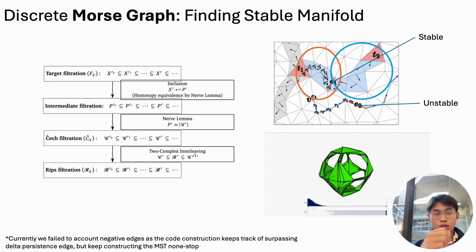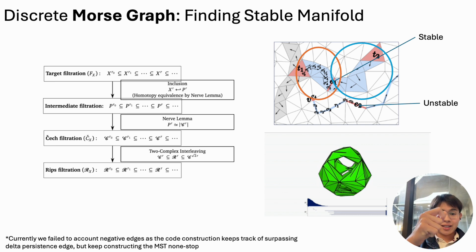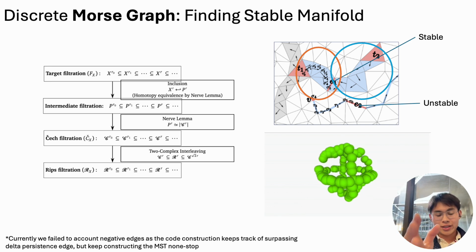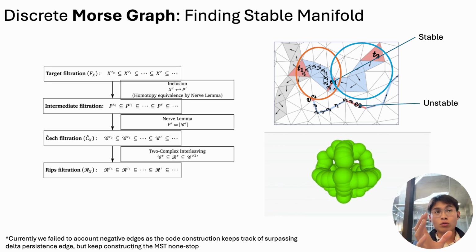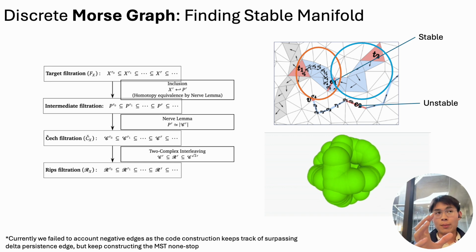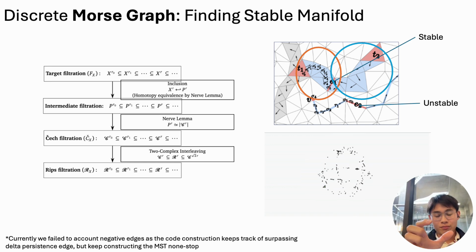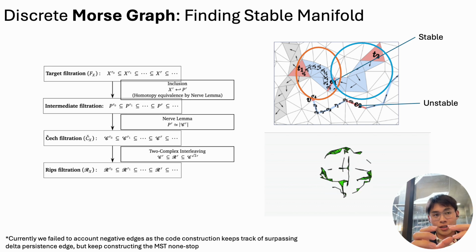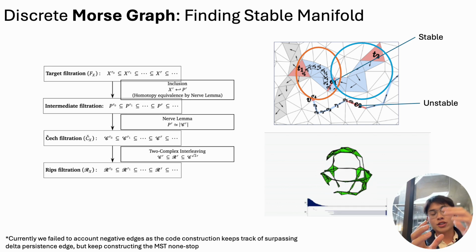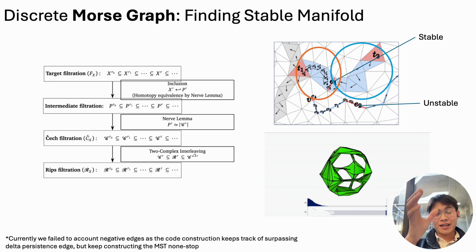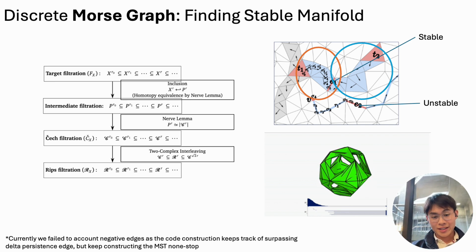Which is currently a drawback of our current implementation, because our current implementation just keeps track of the most persistent. One thing is that we're looking at edges with only a certain persistence threshold, so above a certain threshold. So the current setup only tracks the persistence tracks from the edges that are above the persistence threshold, which makes us have a full MST in the end,